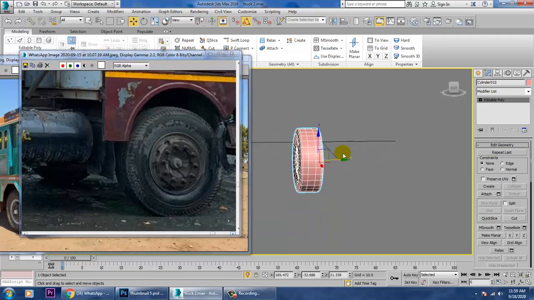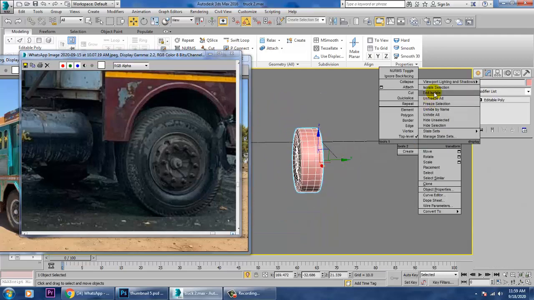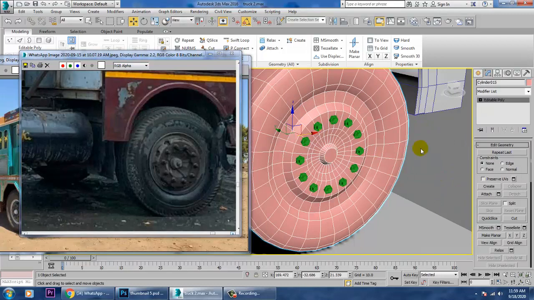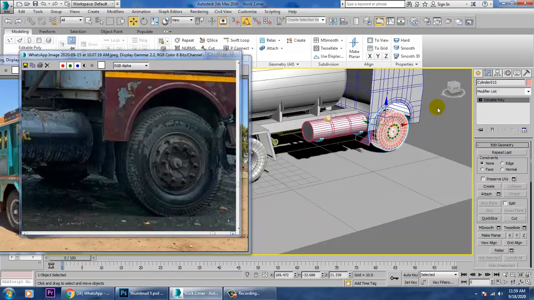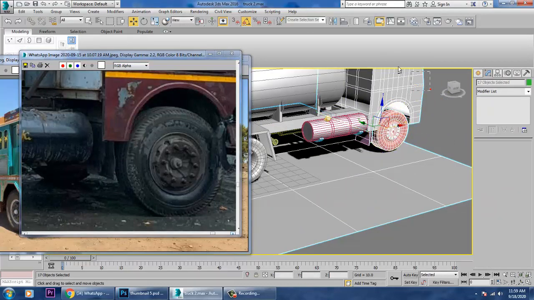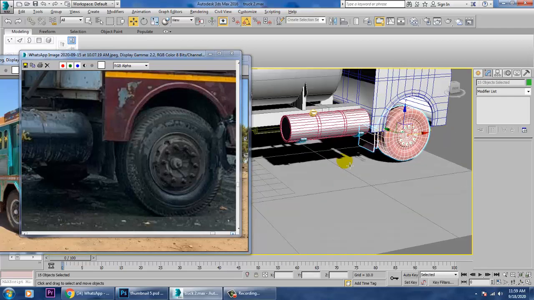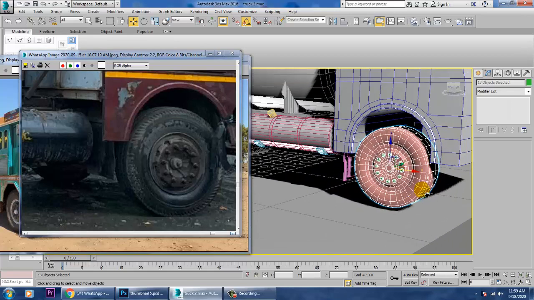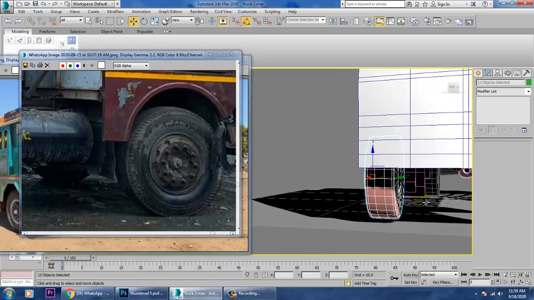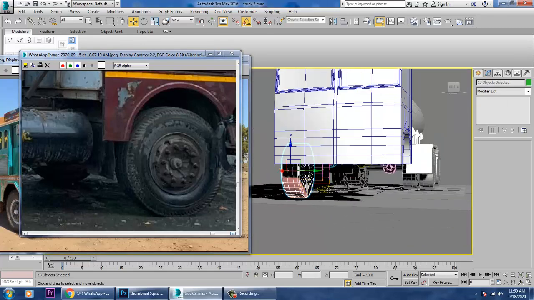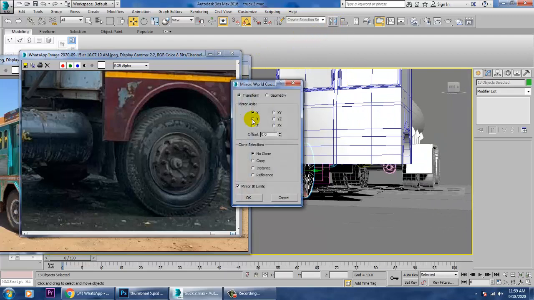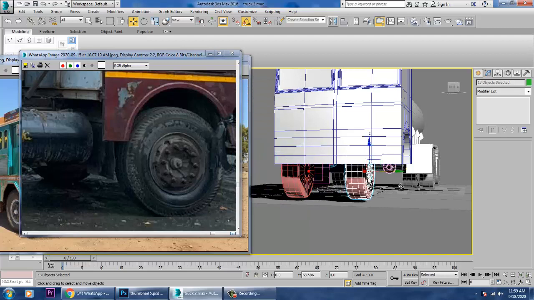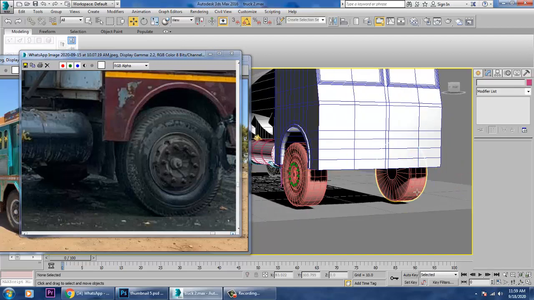So select this, right click, end isolate. So select this part over here, exclude this, and what we'll be doing over here is definitely duplicating it in the y-axis. So let's just push it in the y-axis and select this part.